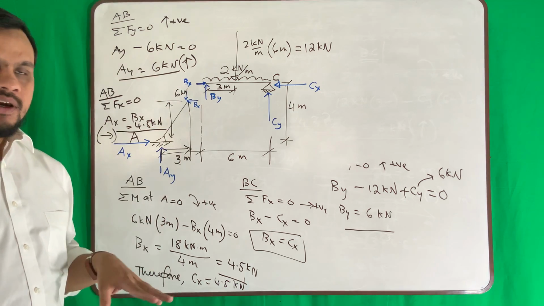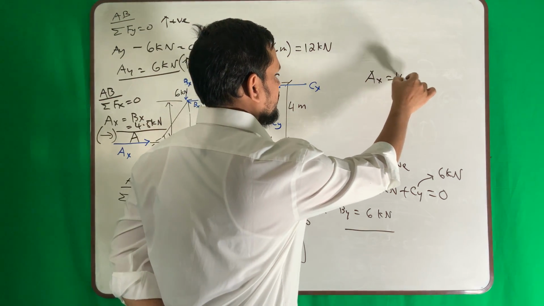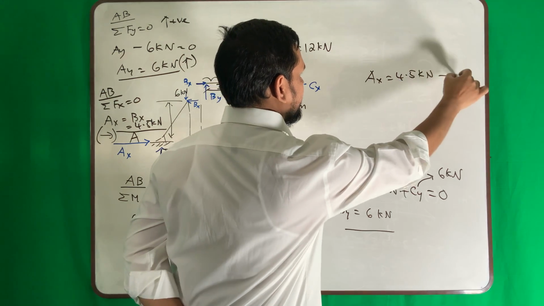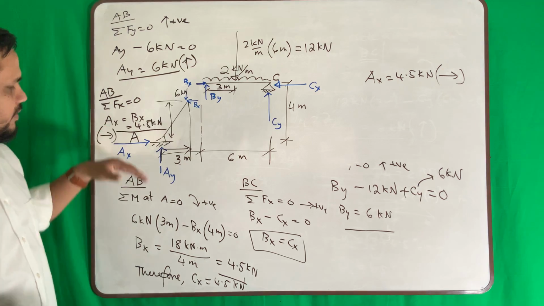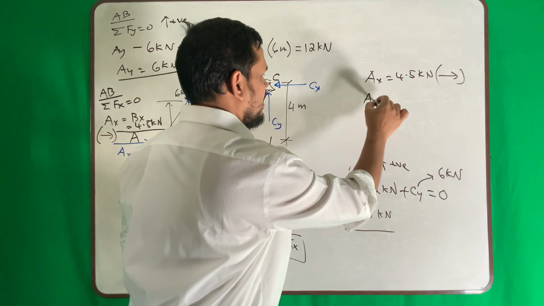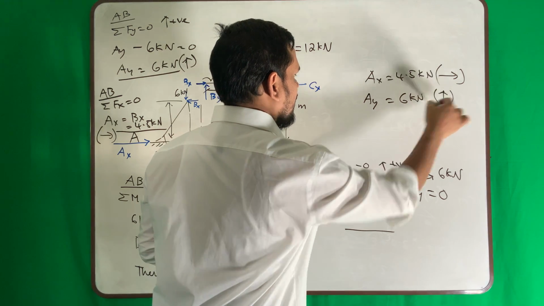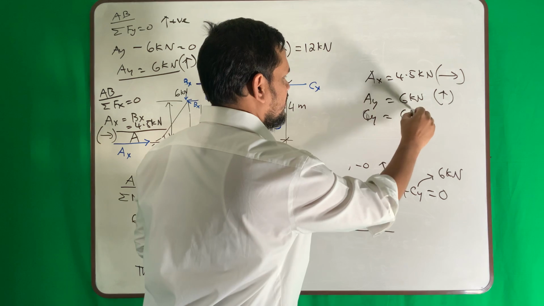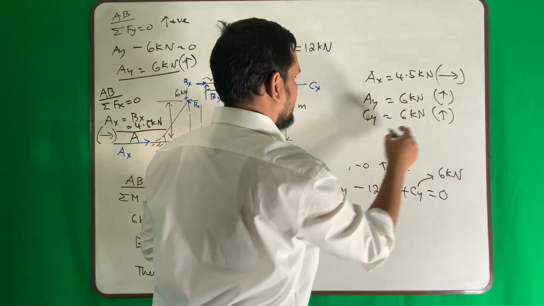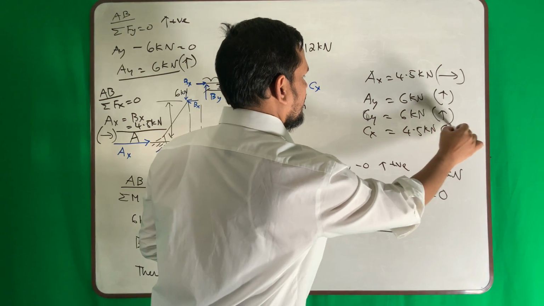So I solved the entire frame. If I want to show the answer, so my Ax is 4.5 kilonewton and this is that way. Ax that way. If I show my Ay 6 kilonewton upward, and then Cy 6 kilonewton upward, Cx 4.5 kilonewton